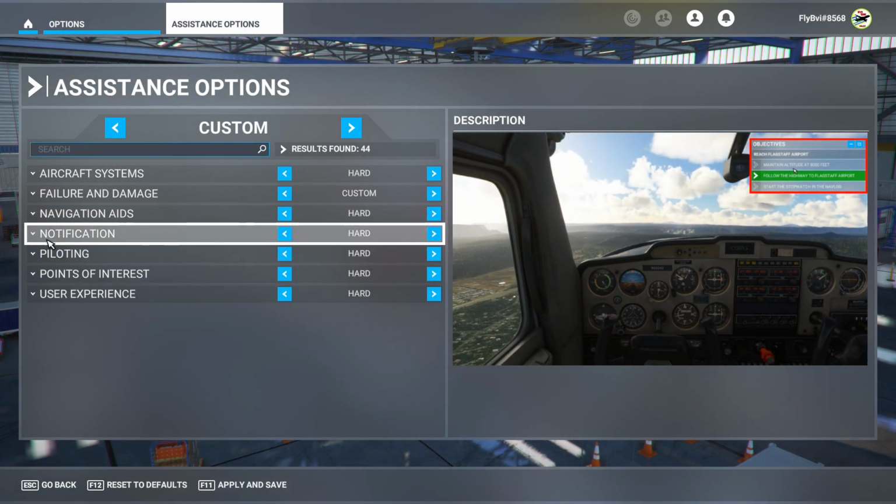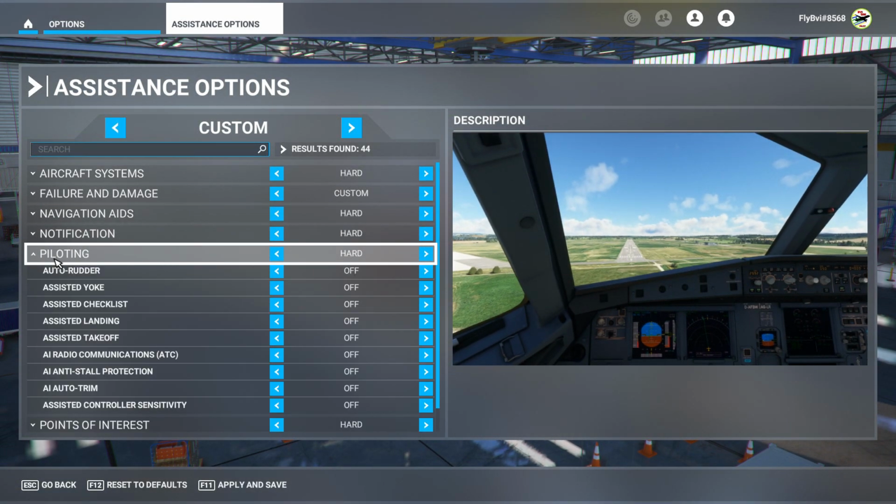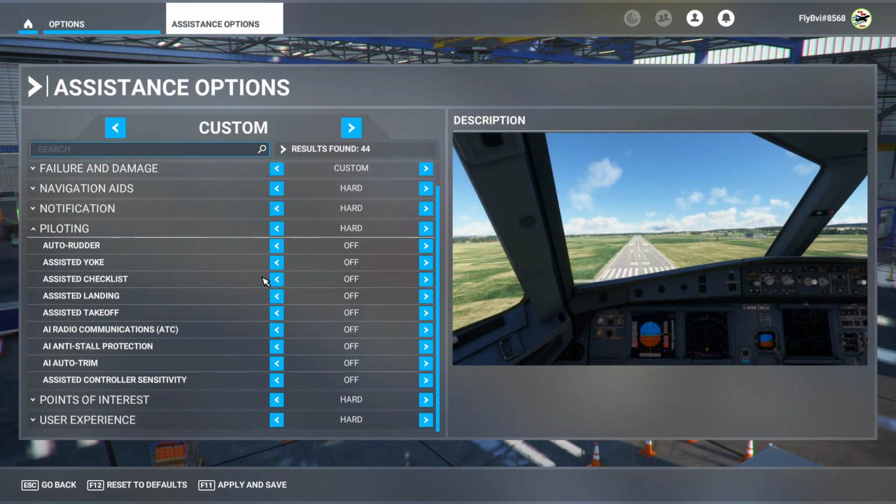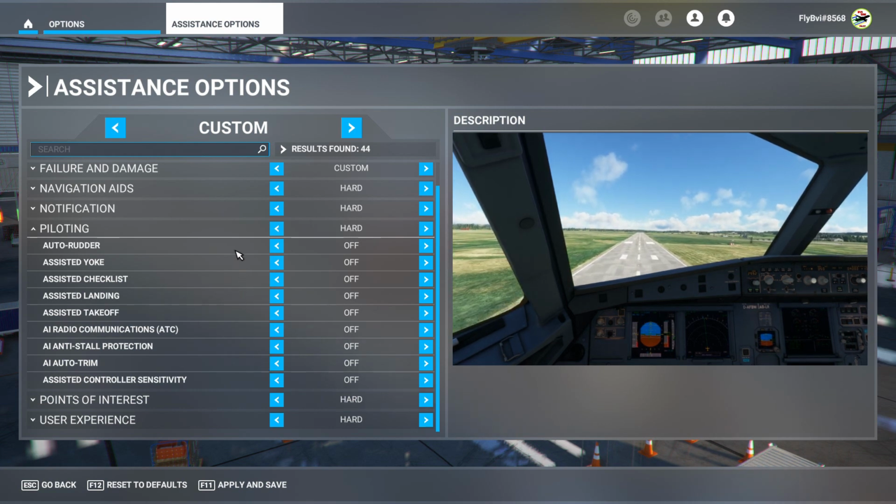Then moving on to the piloting section. So here we have some things that will actually help you control the aircraft. As you can see, it is a big list, so we'll start from the top, beginning with the auto